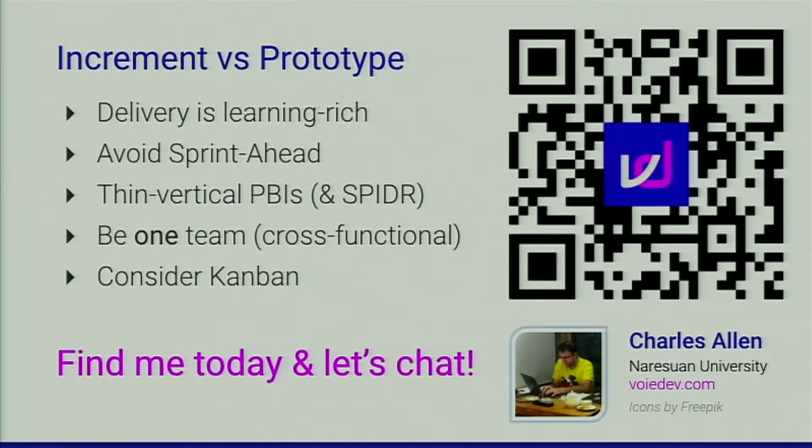And the last comment is consider using Kanban. So again, I'm going to step out of my comfort zone here, but my interpretation of Kanban is that it's a more continuous pull flow. This will help to reduce the cutoff between different sprints. So when you have a piece of design work at the end of a sprint that's developed in the next sprint, this is a slight issue in Scrum, but it's not an issue in Kanban because you have a continuous process. So I think Kanban might be a viable option to,